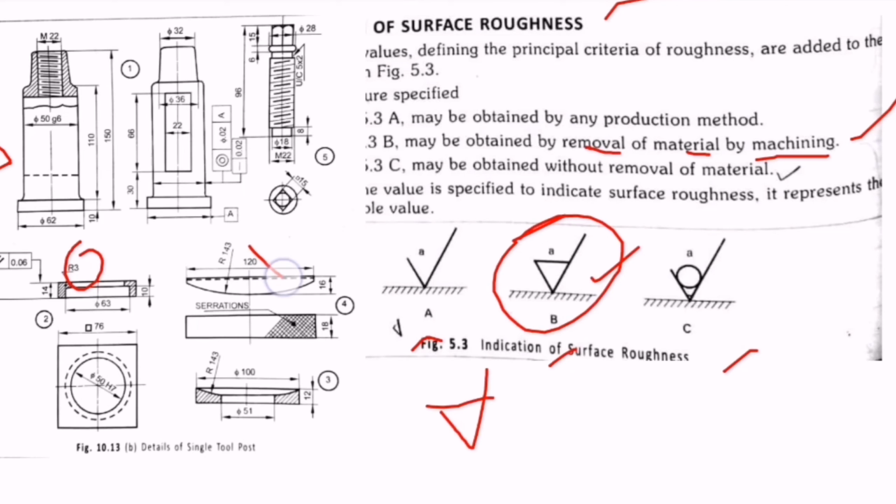Wherever the machining is required, there we need to indicate this symbol. That symbol is nothing but the surface roughness symbol. And above this symbol we need to indicate the value, for example 3.2 or 6.3. These are the different values for different operations. For example, for a drilling operation, we need to indicate this symbol with the value 12.5. So like that we need to indicate surface roughness values as well as surface roughness symbols.